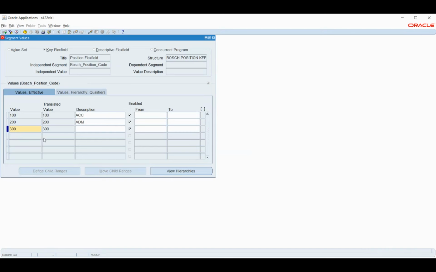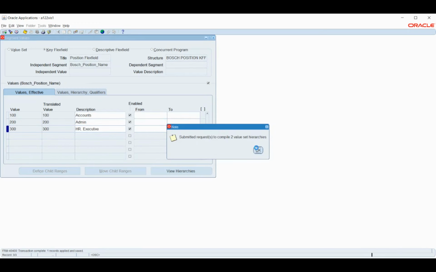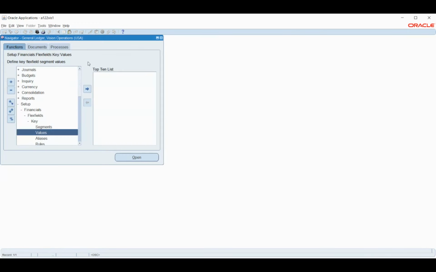I'm just giving a code here, that is a position code, and I'll also add for the position name.